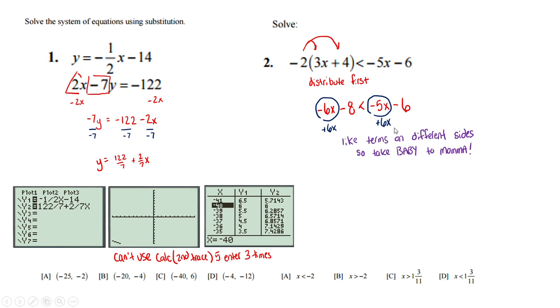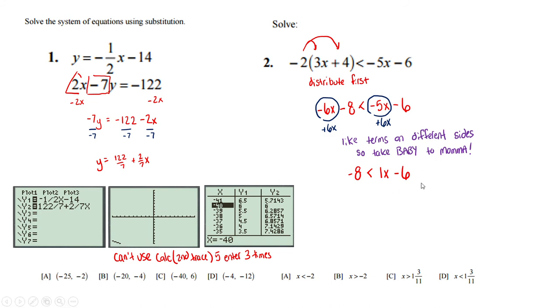So if I add 6x to both sides of the equation, now my x is going to move over to the right-hand side, and negative 5 plus 6 is 1x. So very important to keep track of what side your x is on when you move your smaller term. All right, now